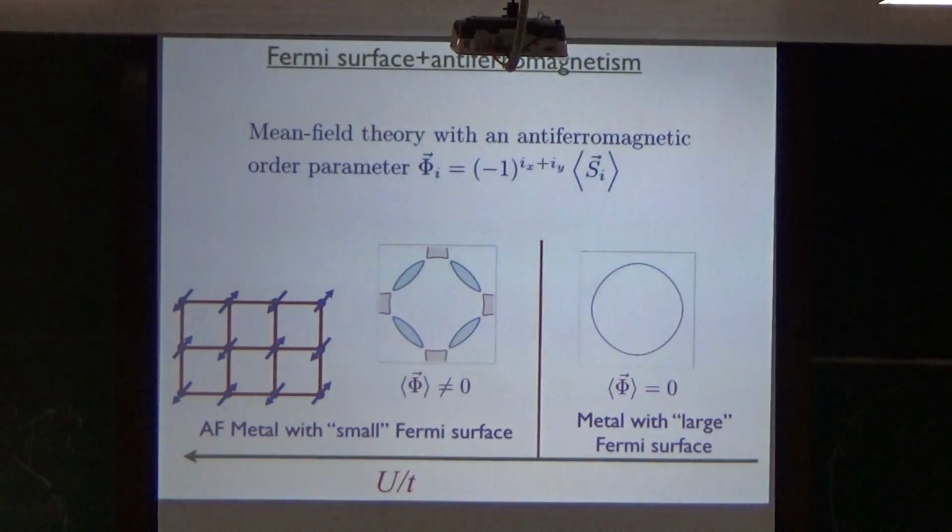On the other hand, in the other phase, there's a broken symmetry. The spins form this staggered arrangement. And then you can work out, as I'll indicate in the next transparency, what the Fermi surfaces do. The jargon in the condensed matter literature is that the Fermi surface reconstructs into various pocket Fermi surfaces. And now you can see in this picture that the volume enclosed by these pockets is much smaller than the volume here. But that's not a cause for alarm, because the precise statement